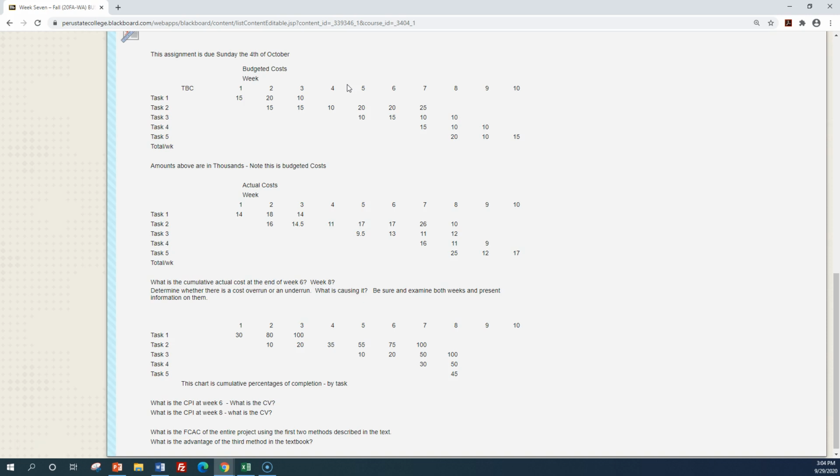All right, this is done as a group project, so only your group leader or one person in your group will turn this in. There are some questions in here. So the first thing I would do is probably build a spreadsheet with this data. You have a couple of questions. I would probably do those in a Word document, and then paste the spreadsheet into the Word document to make one document that you're going to turn in. This really shouldn't take a lot of time, but I want to see what's going to happen in this project.